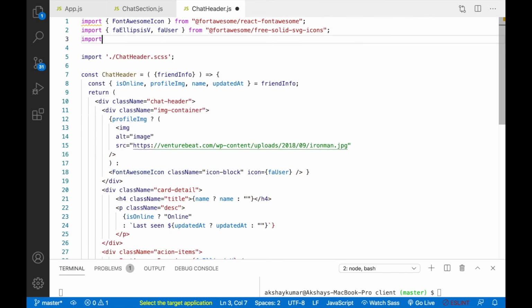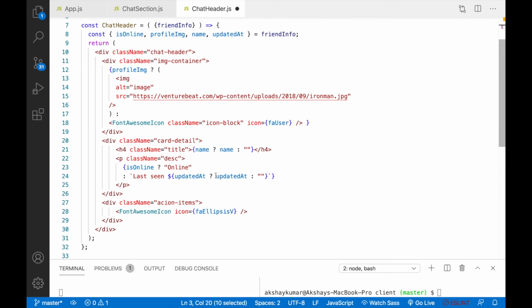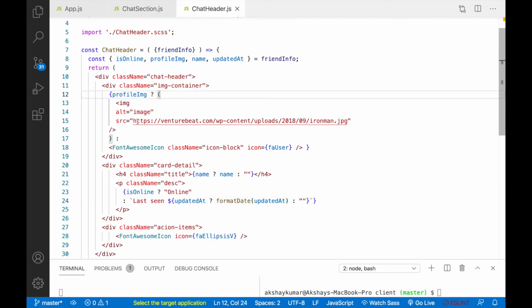So we'll write import util helper, and here we'll write format date, and this format date we can pass here. So this will format our date. So I think this is also done. Okay, I'm sorry, I forgot this also. So instead of this source, we have to write profile image.